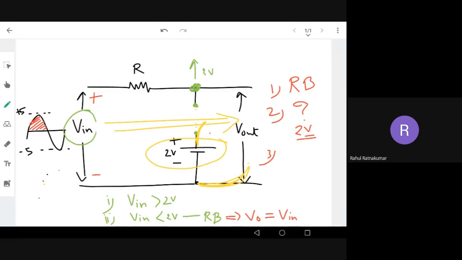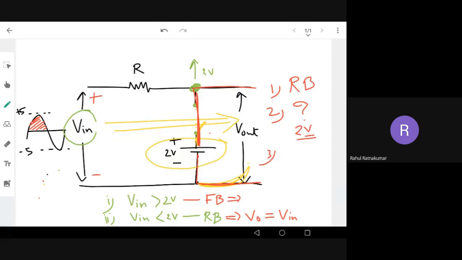This is happening when the V input voltage is less than 2 volt, which makes the diode cut off, or in the off position. The infinite resistance is the maximum, so all the input is going to the output, and the battery V bias is not going to affect the output because it is not connected at all. Two disconnections, so it doesn't have any effect. Now the first condition, V in greater than 2 volt. When V in is greater than 2 volt, the diode is in forward bias, so it is on. So what happens now? The diode is on, and the battery also comes across the output.